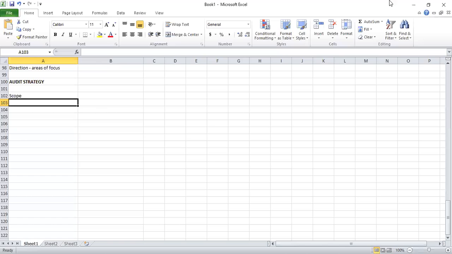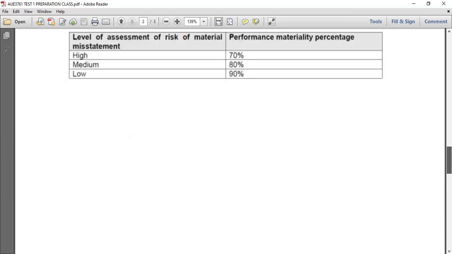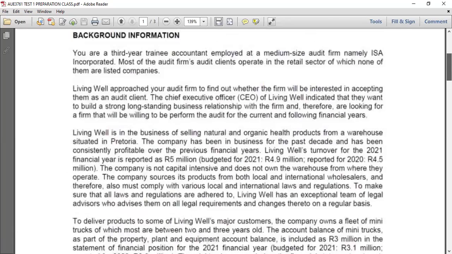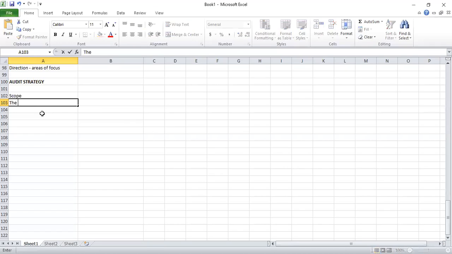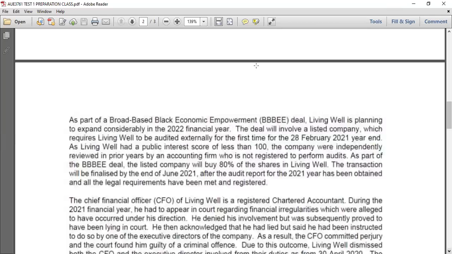Right. The issue is this entity must comply with various laws, local and international regulations. So the company must comply with various laws and regulations. So you have to have an understanding of the various laws and regulations that will be affected by the company. Right. Then we also have to know that